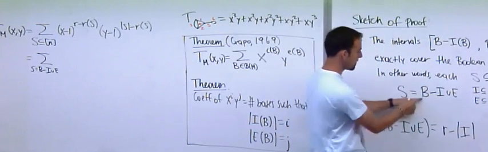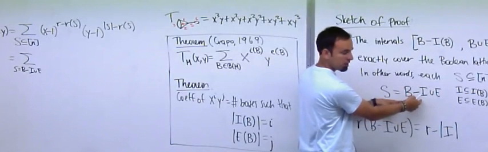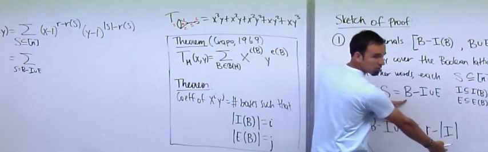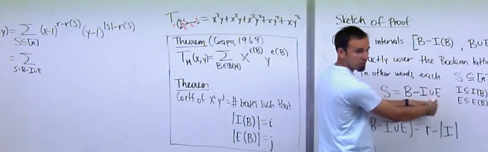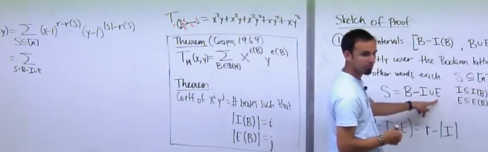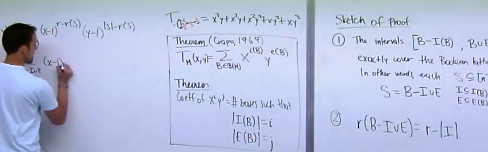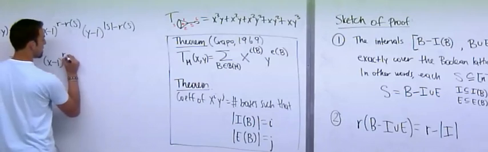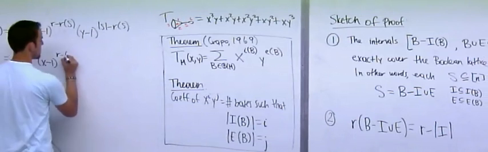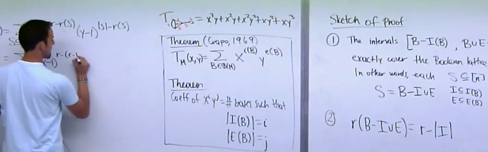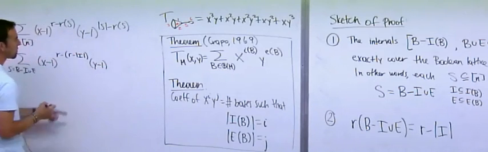So effectively what this does is that you start with a basis. When you delete the elements of I, you drop rank I times. And when you add the elements of E, that doesn't add rank at all. That is what turns out to happen in this decomposition. And so therefore, I can substitute here: the rank of S is R minus the rank of I. And then y minus 1 to the